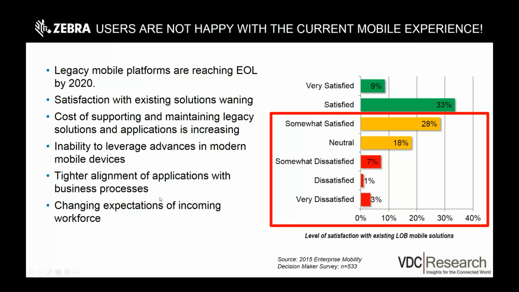The other influence that's forcing change is the way that modern computing sets expectations in our end users of how these devices are supposed to behave in their hands. Right now, recent studies indicate that the majority of the users that have legacy applications are not satisfied with the way they operate.